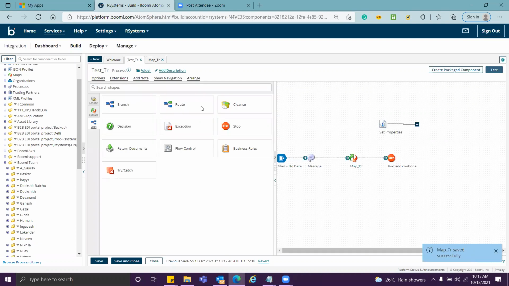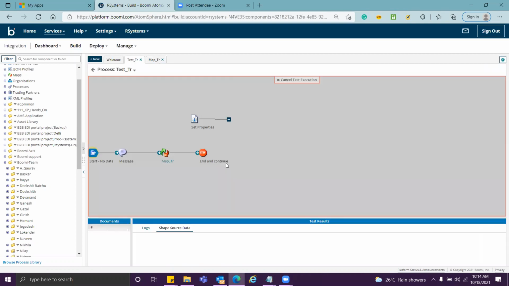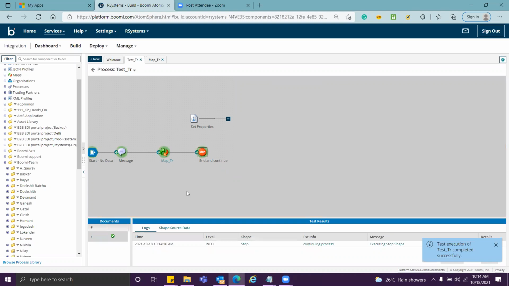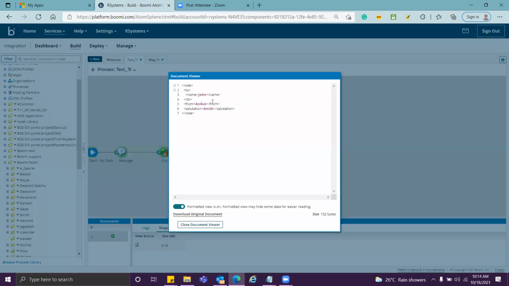Let's test this. See, if I go to stop shape and click here, you'll see the default value coming here, from Aniket. So that's how you provide a default value.